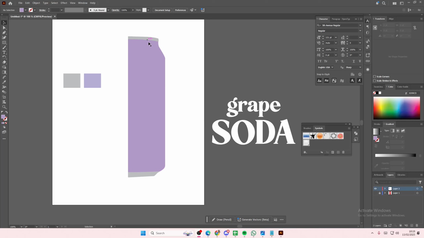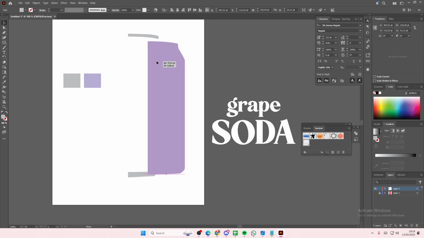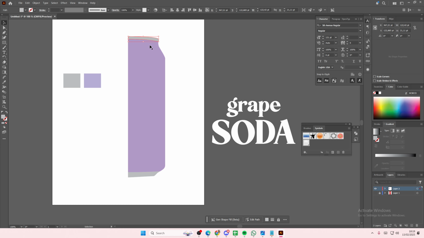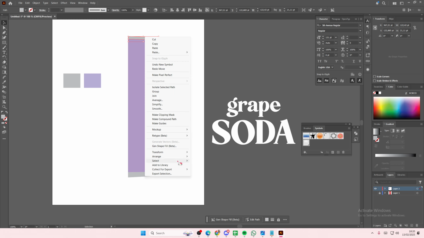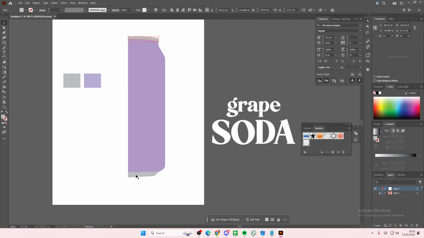In this video, I'll be showing you guys how you can create a 3D soda can. So I just traced a soda into these three shapes. You're going to want to divide it though. Then we're going to make this one at the very top, so arrange it to bring to front, and this